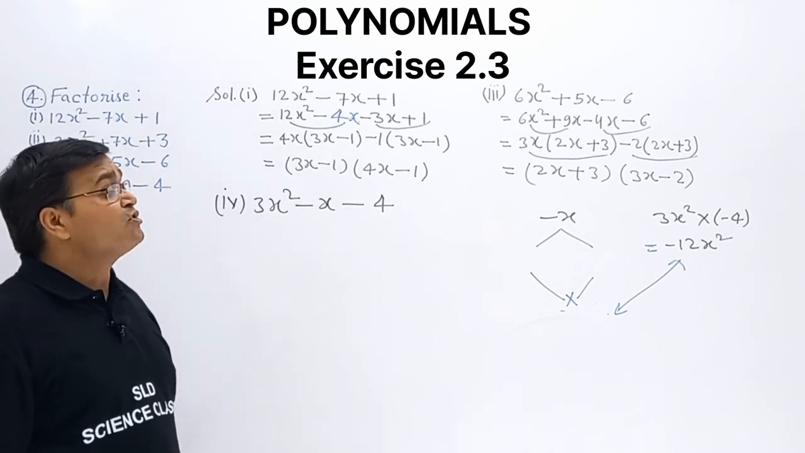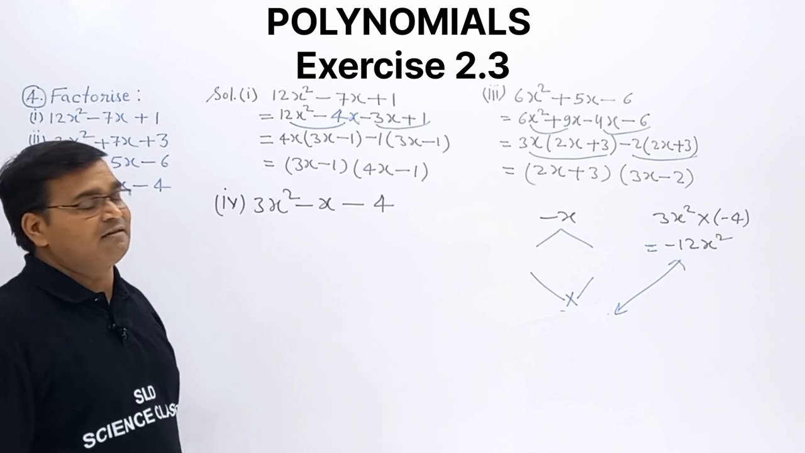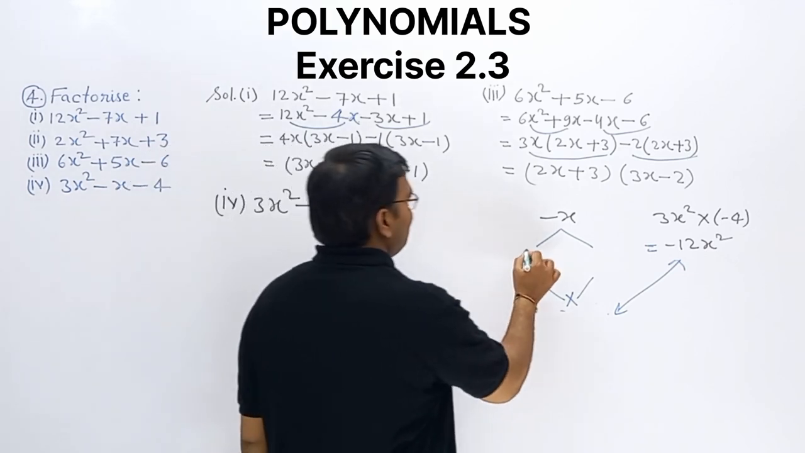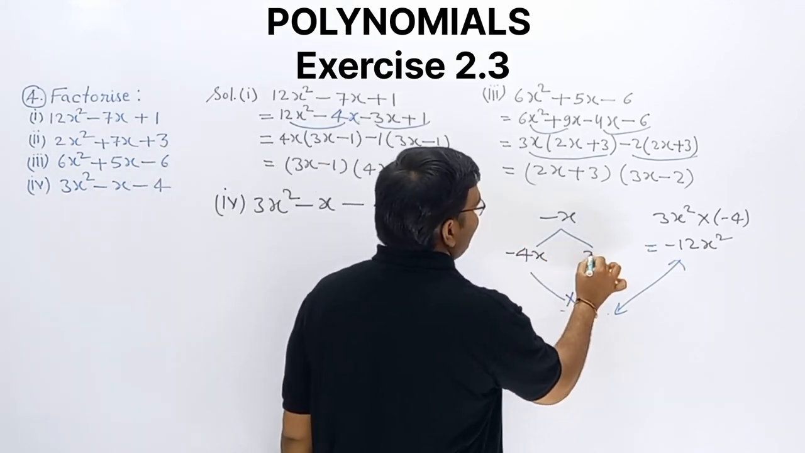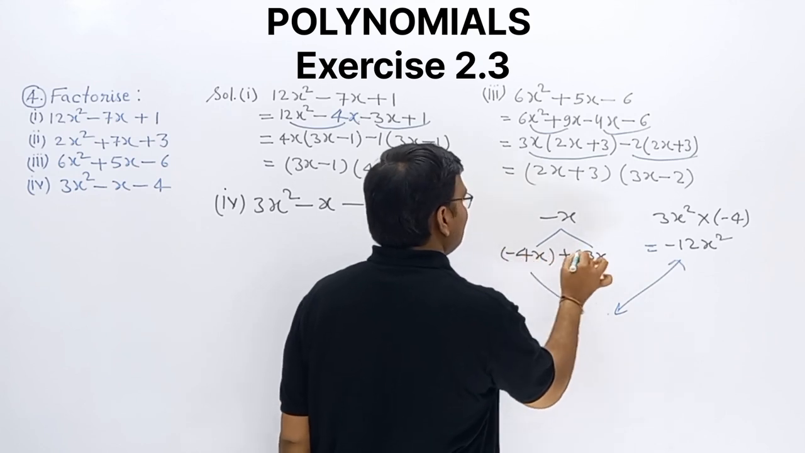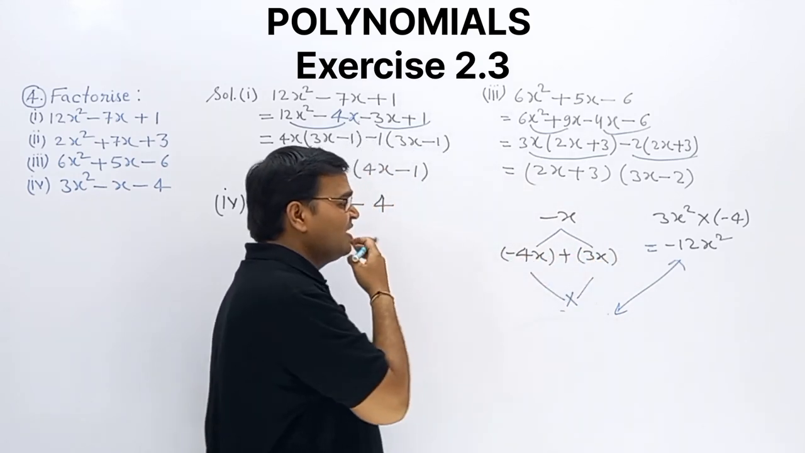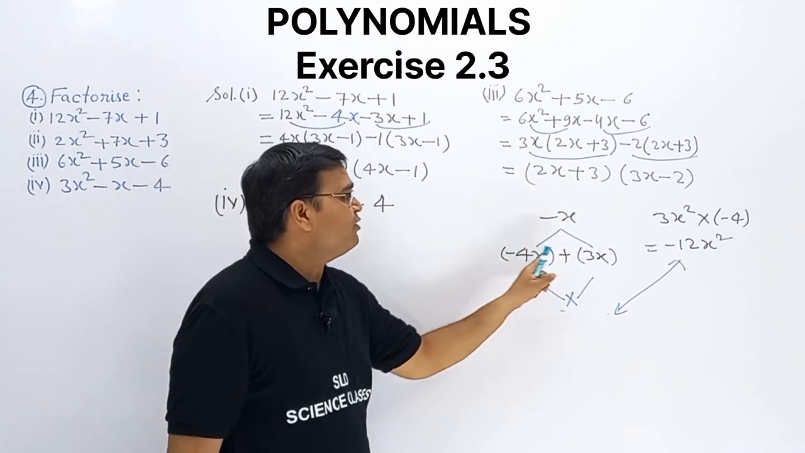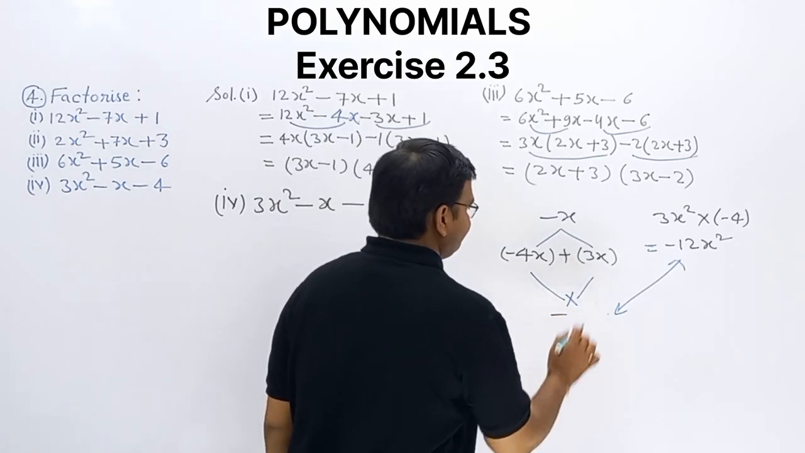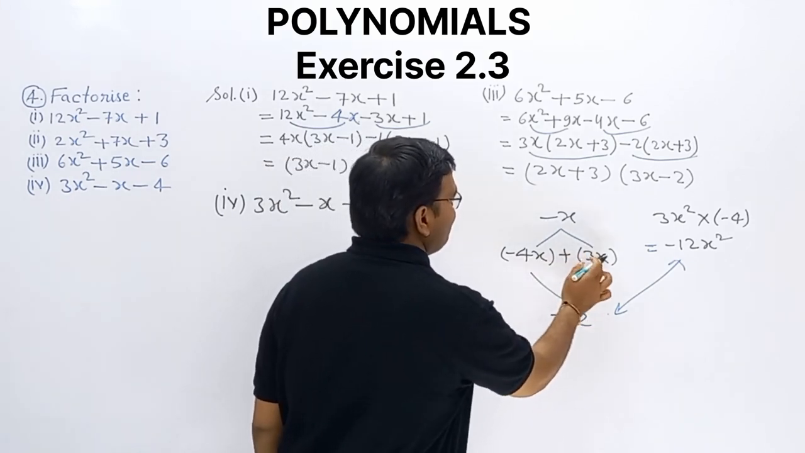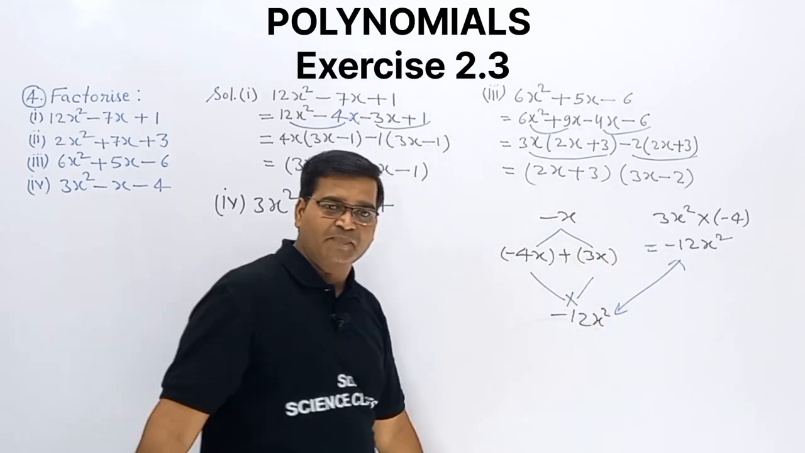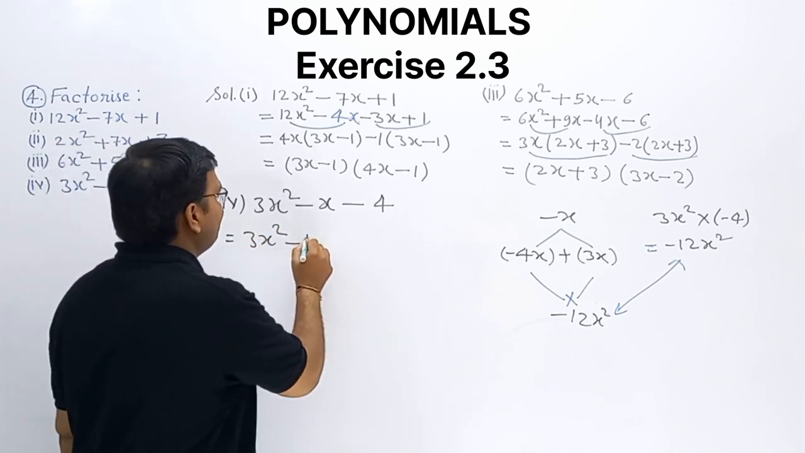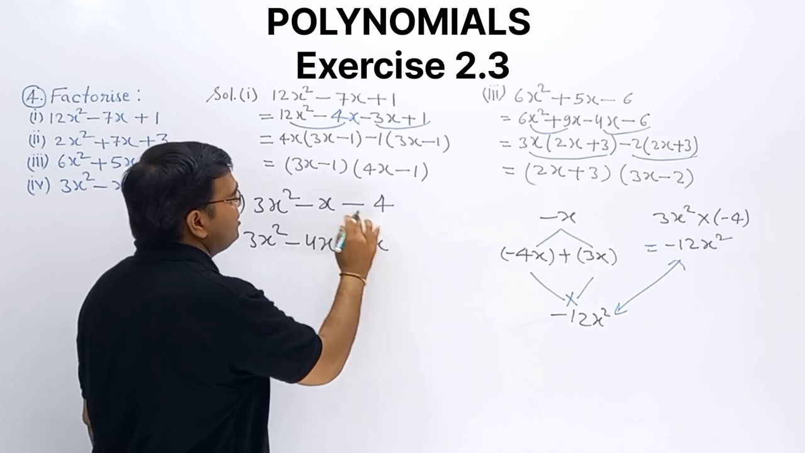So we will take parts accordingly. We want minus 12x square as the product of both parts, and the sum should be minus x. So we will take 4 and 3: minus 4x plus 3x. When we add both, minus 4x plus 3x, minus x remains. Multiply both: minus 4 into 3 is minus 12, x into x is x square. Both are correct. So 3x square minus x can be written as minus 4x plus 3x, and this one will be as it is,